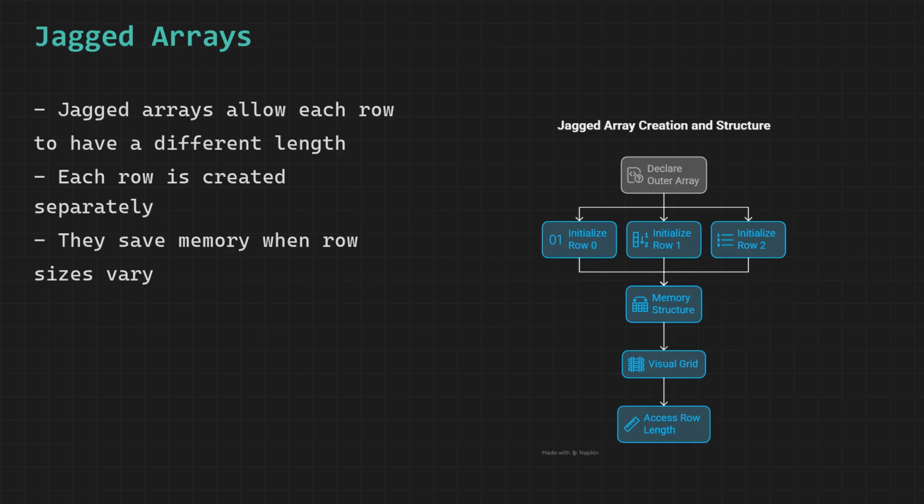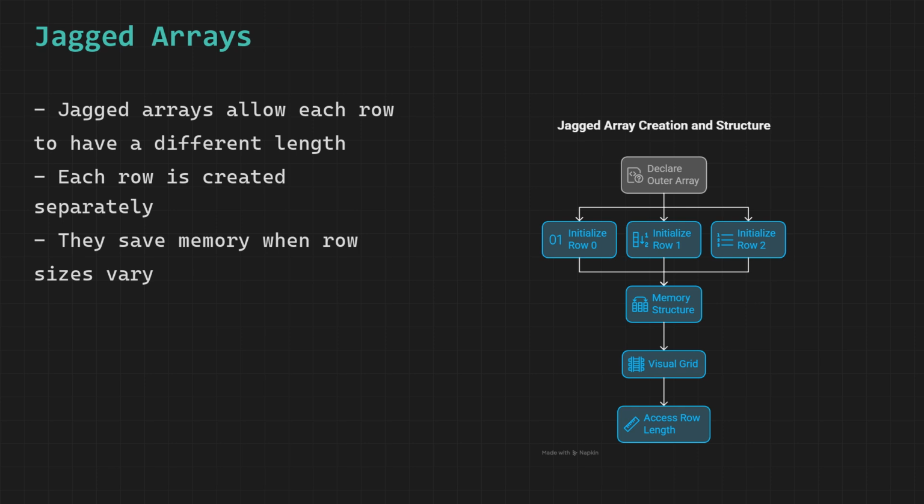In a regular two-dimensional array, every row has the same number of columns. It is a perfect rectangle. A jagged array breaks this restriction. Each row is an independent one-dimensional array that can have its own length. This is possible because of how Java stores two-dimensional arrays internally as an array of references to individual row arrays. In a normal two-dimensional array, those row arrays are all forced to the same size. In a jagged array, you create each row separately with its own chosen size.